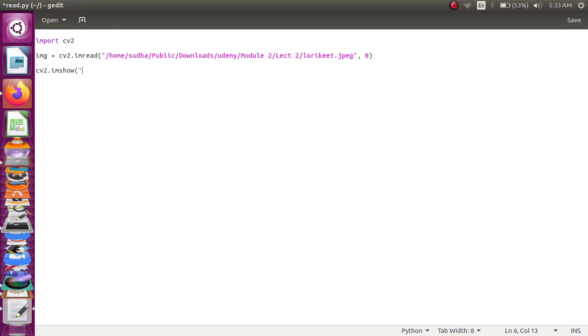Here I am going to display my lorikeet image, hence I am giving lorikeet image. Next is the name of the variable. I have loaded my image under the variable img. We have displayed the image. Let me save this code and run the code.